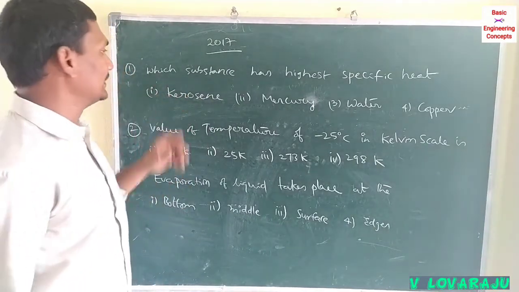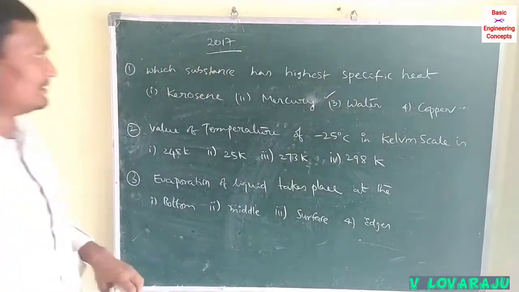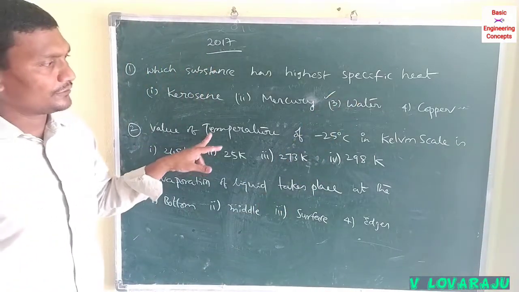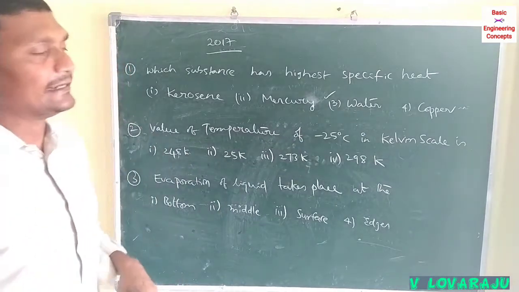Always water. That option is water. Always water. Value of temperature of minus 25 degrees centigrade on the Kelvin scale is...